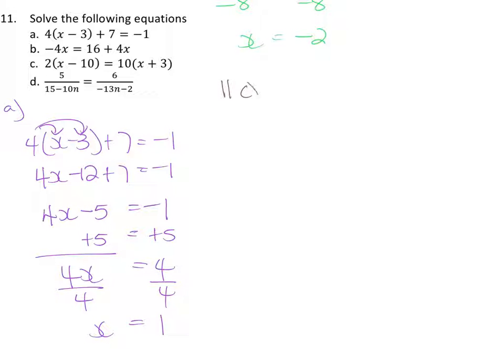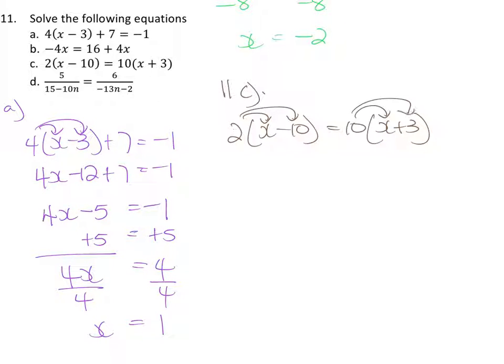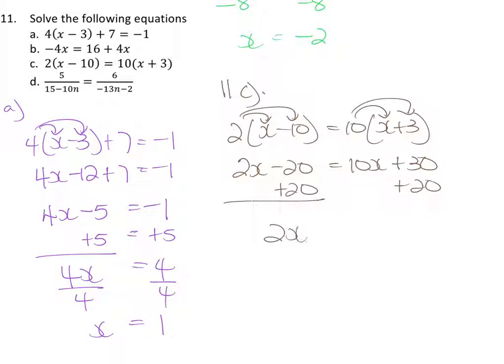11c. 2x minus 10 equals 10x plus 3. So I multiply, so I will get 2x minus 20 is equal to 10x plus 30. So I will add 20 to both sides, and that will give me that 2x is equal to 10x plus